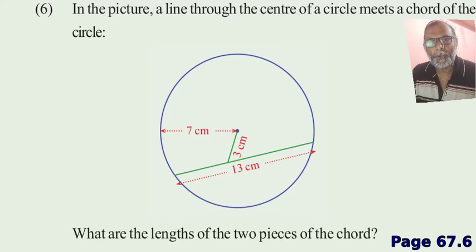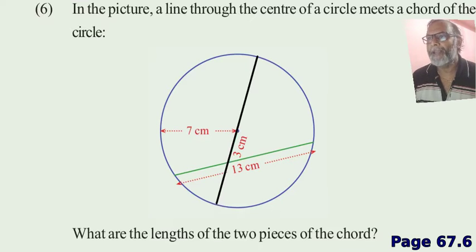So we have to draw two chords. One chord is given here and we have to draw one more chord. So let us draw that chord which passes through the center and the given line like this. So here also it is a diameter. Okay, this chord is diameter.